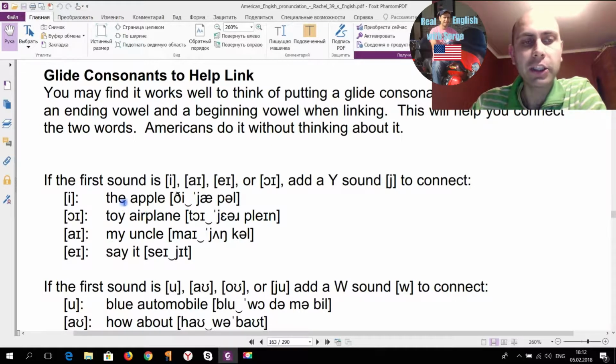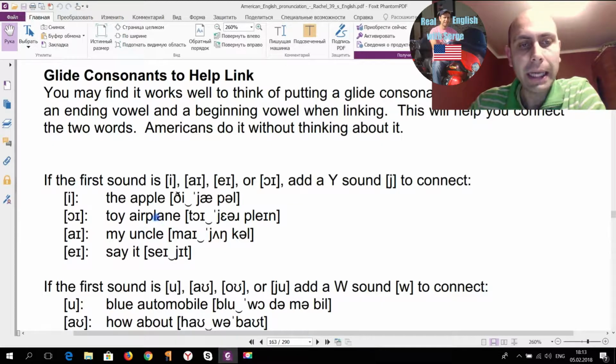The really good example is the apple, the apple. Here we can perfectly hear this sound Y between the 2 words. If you try to say the apple, it would really sound unnatural, like give me the apple. Nobody says it that way. Definitely Americans link the neighboring vowels together.